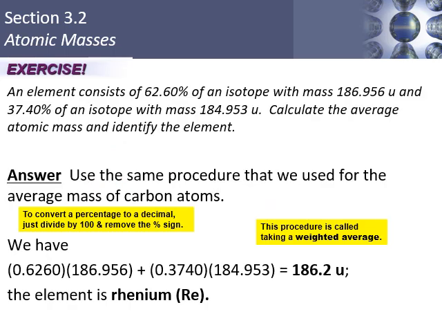So here is what we just said we were going to do. So here it is done. So 0.626 times 186.956 plus 0.374 times 184.953. And when you do that, on your calculator, you should get 186.2. Again, be real careful when you're typing this stuff into your calculator. So I recommend that you do it really slowly. And then to figure out that it's rhenium,